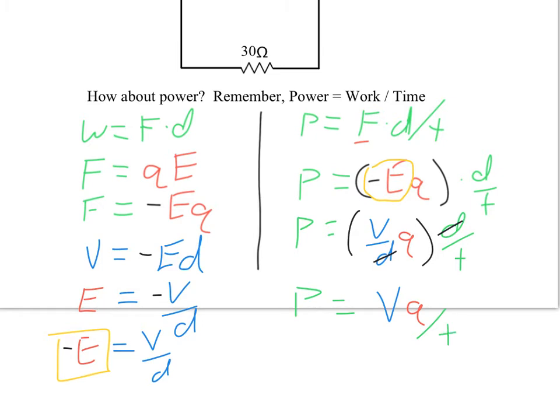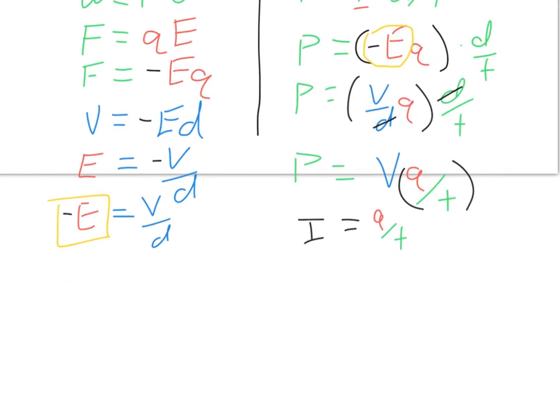divided by time. And why we care about that is because if we look at charge divided by time, that right there is the definition of current. Current is just a measurement of the rate at which charge flows in a circuit. Current is Q divided by T. And so by that logic, if I sub in I for Q over T, I'm left with what I really care about. All of this just gets me to power is equal to voltage times current, which is fantastic